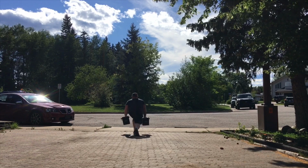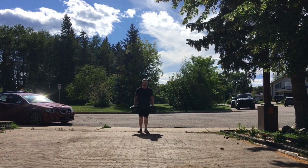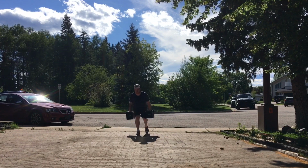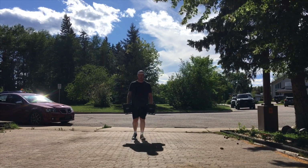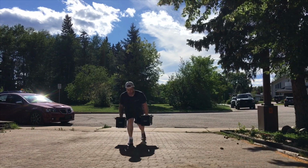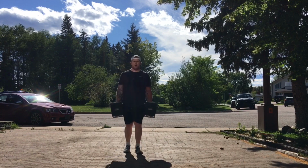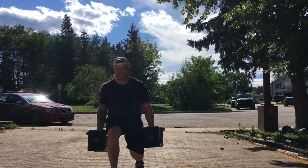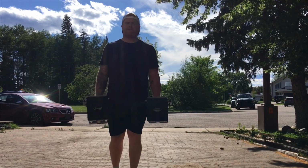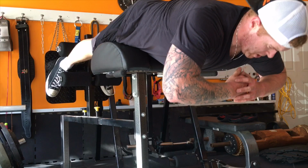So I did this a little differently today. I went one leg at a time down, and then the opposite leg coming back. Normally I just go leg for leg, but I actually saw this in a John Meadows YouTube video, and I love John Meadows. The exercise variations he comes up with are usually pretty brutal, so I decided to give this a try. And you know what? Damn, I think it was quite a bit harder. So I think I got 7 steps down on one leg and then 7 steps back on the other leg,